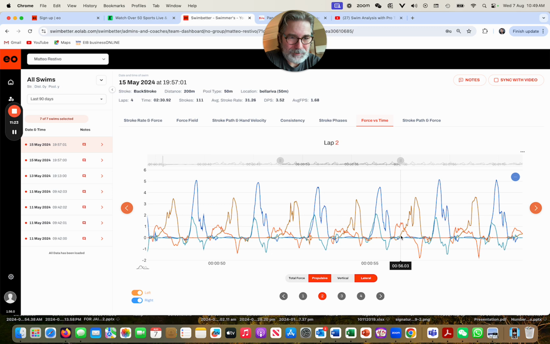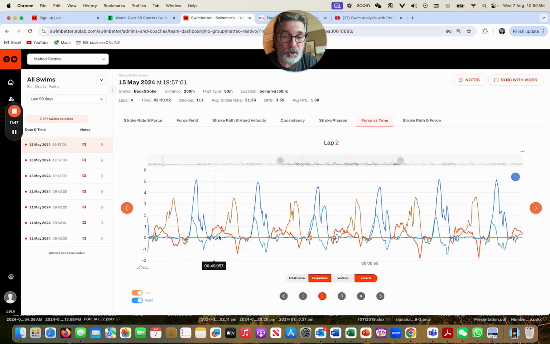Yeah, a little bit different here between the right and the left. Look at this right lateral force here and his left here. So you can see the pattern in his right. He's got a very consistent pattern with his right hand here, here, and here. But his left looks quite different, doesn't it? So there's something going on differently between the left and the right hand, which would reflect, and it's at the